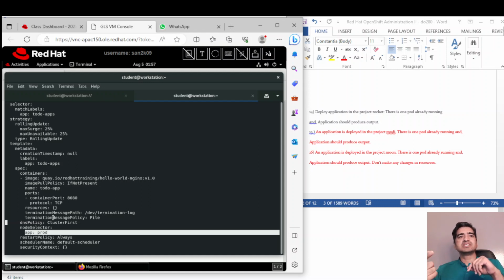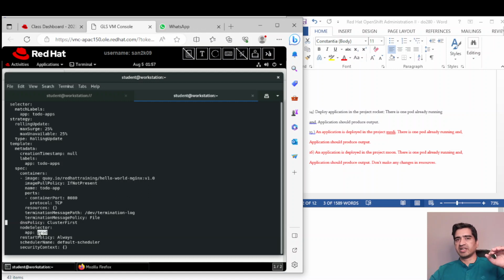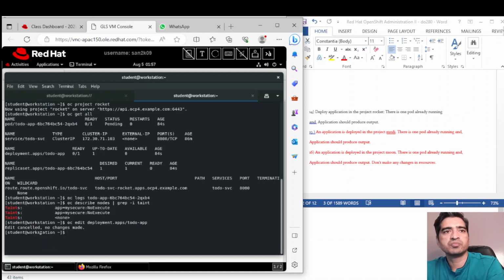We will go and see what label is defined on that node. If app equal to prod is missing, then we will add that label. If app equal to something else is defined, then we'll overwrite that label with the correct value. The deployment is looking for the label app equal to prod, so we'll see what labels are there on master node 3. So OC get nodes,